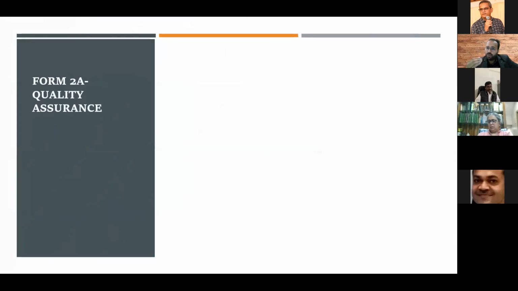Form 2A, we have completed with Form 2. Now, Aditya, yes sir. Can we have some questions here or at the end, whatever you feel, for Form 1 and 2? Yes sir, we can. So now, as you said, Form 1 is for the entire layout. Yes. But the MahaRERA website still has the building-wise percentage. Correct. So how will that get correlated?